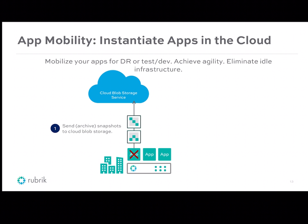With version 4 of Rubrik, this is a really cool thing, a next step that nobody else is doing. Archiving out to the cloud is one thing. You've got your data there, it protects you from a traditional standpoint. But once those backup sets are there, what can you do with them? With 4.0, what they've enabled, and this is just AWS right now, and they're going to extend that to Azure and other vendors as well,